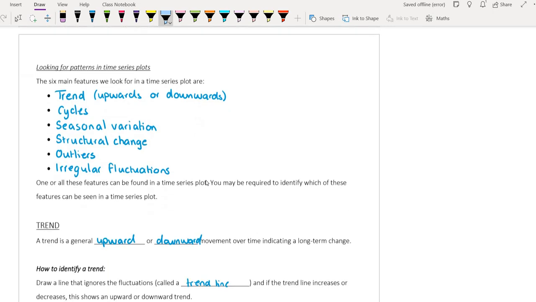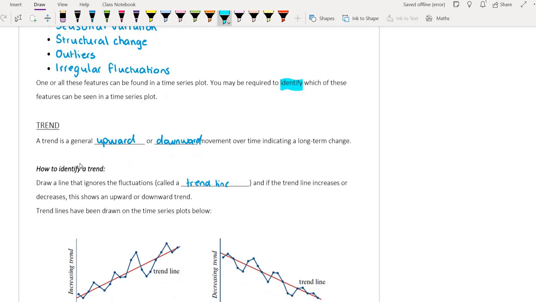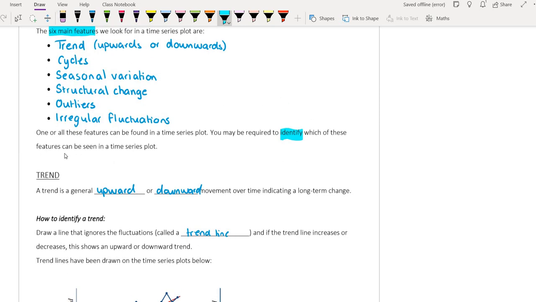So talking about trends in time series, here are some main features of time series that we are trying to look for. Here are 6 main features that we're looking at today, and our goal is to be able to identify these when we look at time series data. So we'll look at all of these 6 in detail, starting with the first one on the list,